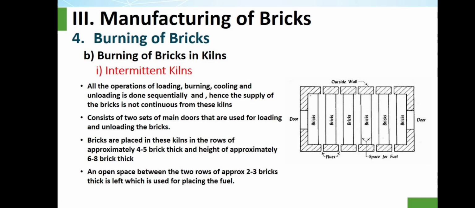First, intermittent kilns. All the operations of loading, burning, cooling, and unloading are done sequentially, and hence the supply of bricks is not continuous from these kilns. They consist of two sets of main doors that are used for loading and unloading of the bricks. Bricks are placed in these kilns in rows of approximately 4 to 5 bricks thick